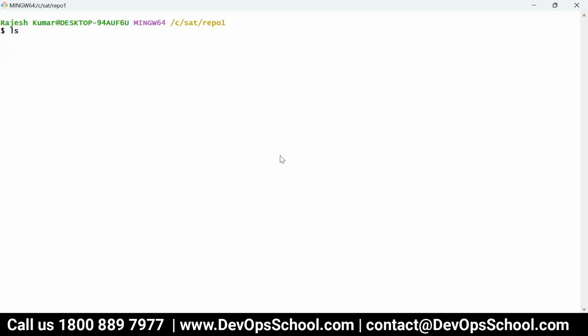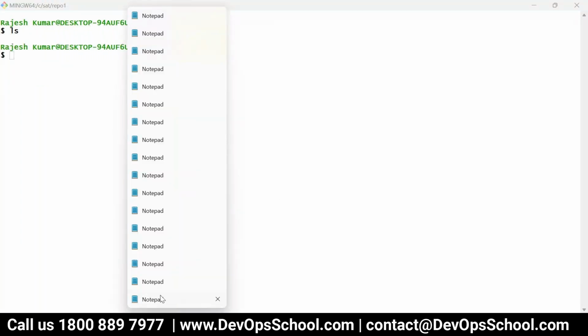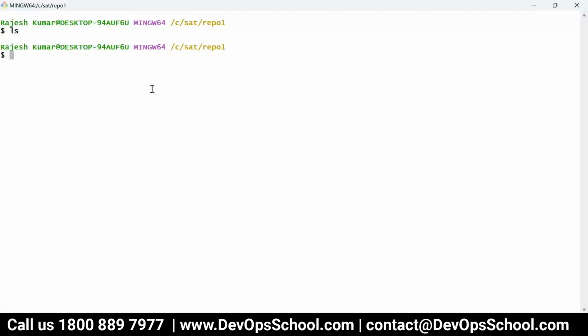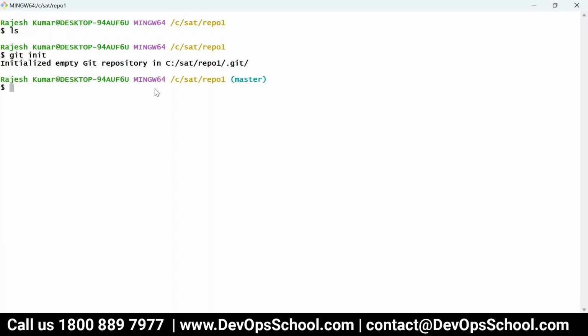So now what to do? Coming back to the pseudo code, create a repo. How do we create a repo? git init. Okay, so git init is the way to create a repo. Simple. So if you see, here you have a repo, this is the one,